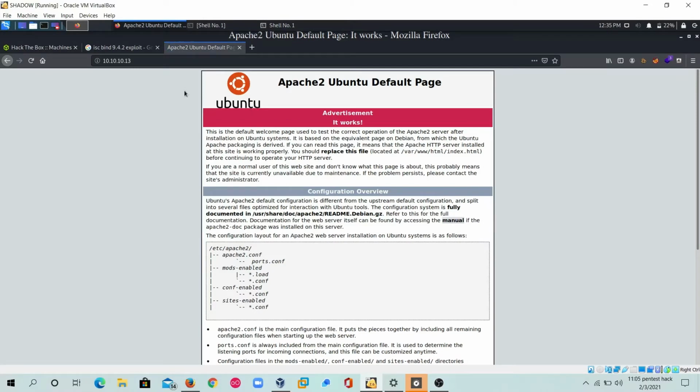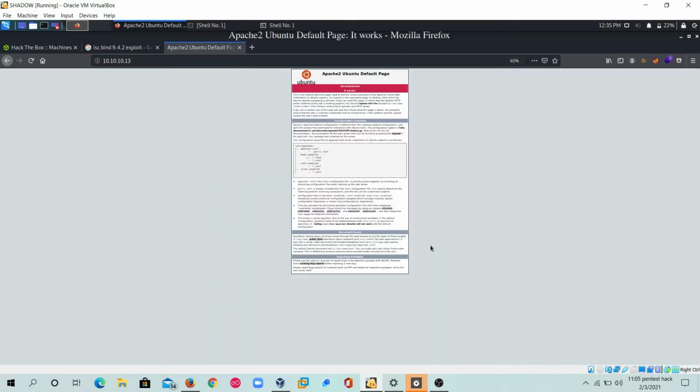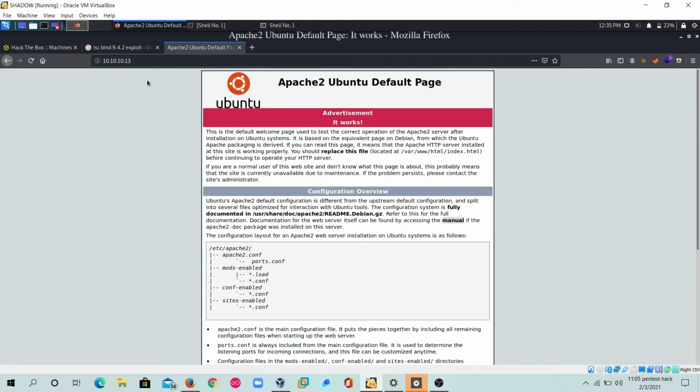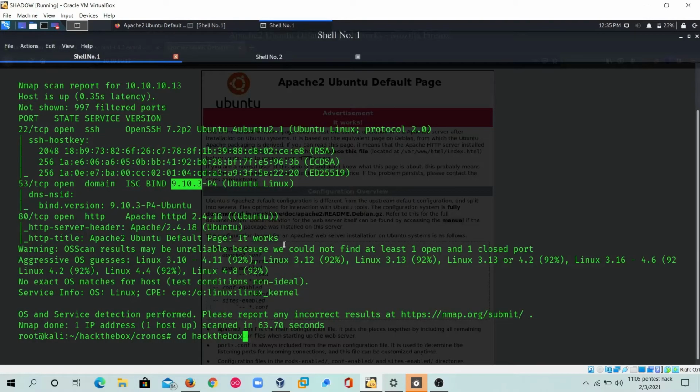So here, if we see, the Apache2 Ubuntu default page is hosted at the IP address of the machine. To gain access to the real website, we need to add this IP address to the DNS host list.